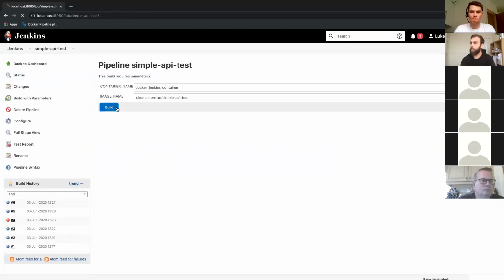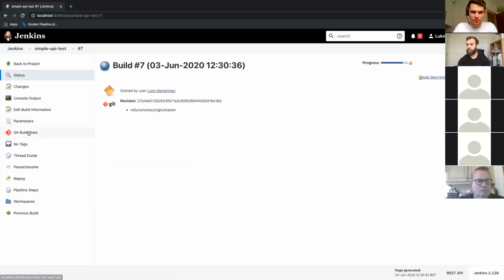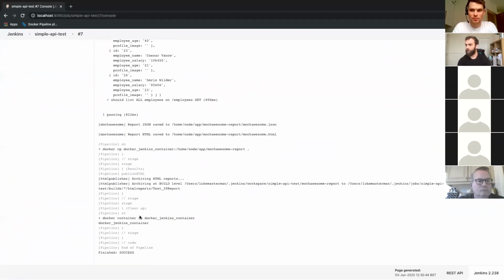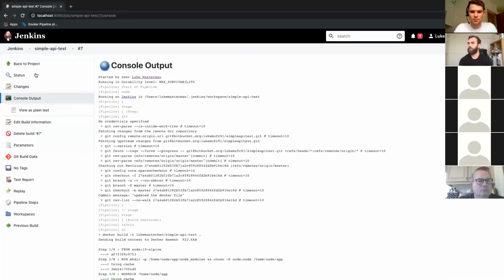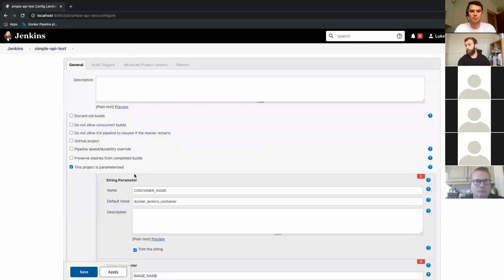So I'm just going to run this now, and we should see that it essentially runs the exact same thing. It is just passing those in instead of us repeating the string again and again. Same way you would with coding, where you try to use DRY and don't repeat yourself. So that effectively is how you would create a build pipeline.